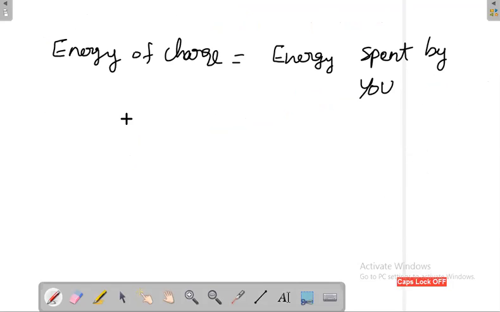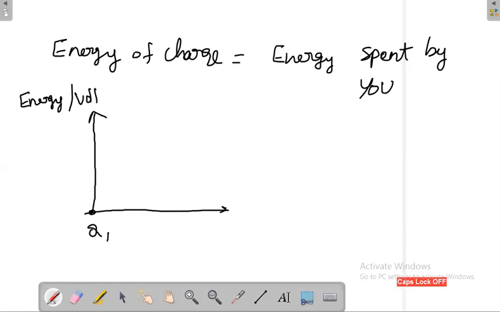Now, it's very clear, I will give a very simple idea. Say this is the y-axis and x-axis. For the first charge, how much energy do I have to spend? This is like an energy or voltage scale. You know that energy and voltage scale are both the same whenever you have unit charges. But when you bring the first charge, how much energy do you have to spend? Zero energy. When you bring the second charge, you have to spend some energy.